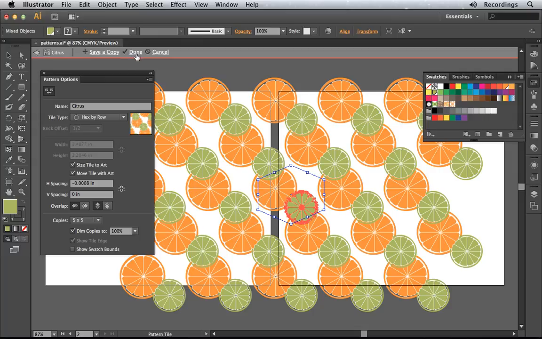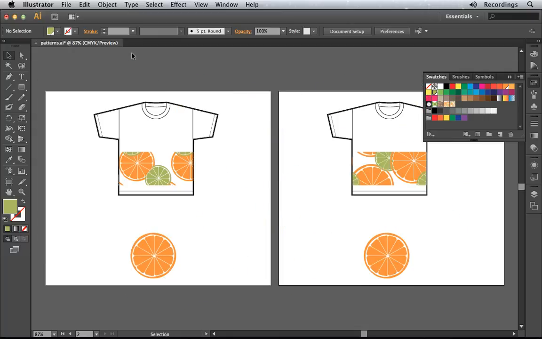Now if you wanted to save a copy of this particular pattern into your swatches panel, you could click the Save a Copy button, and that will automatically add a duplicate of the pattern that you're working on currently into your swatches panel, so you could later open that, edit it and change the colors and so on. Let's click done. And the last thing that I'm going to do is just reposition the pattern within this object